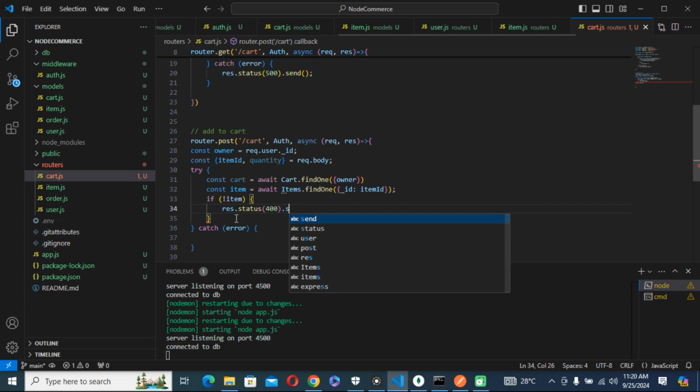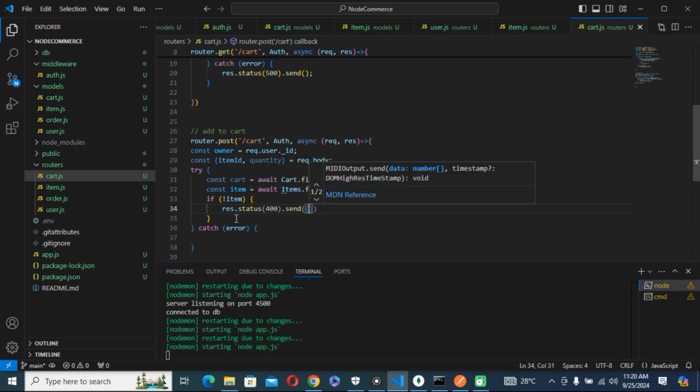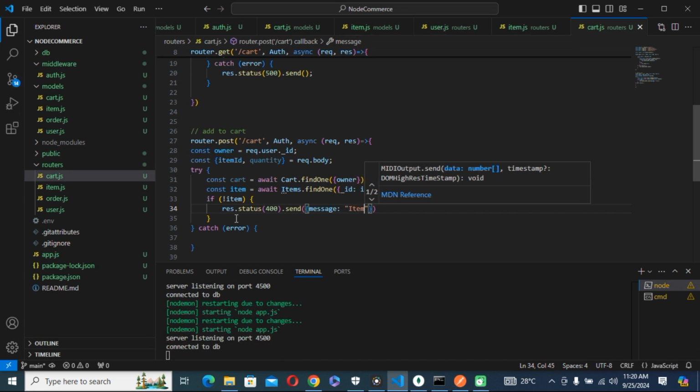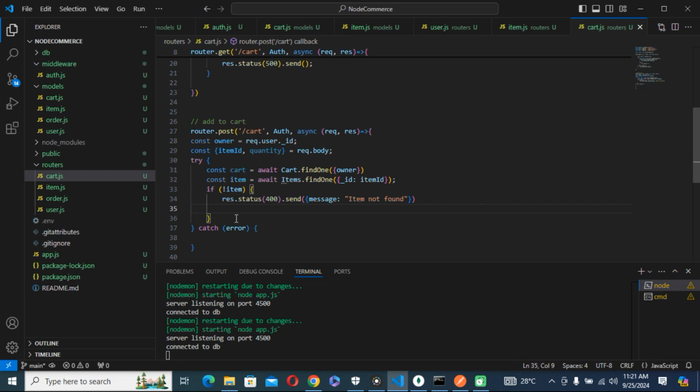Then send a message that we have a message as the key and value will be item not found. Then return from here. Don't continue,